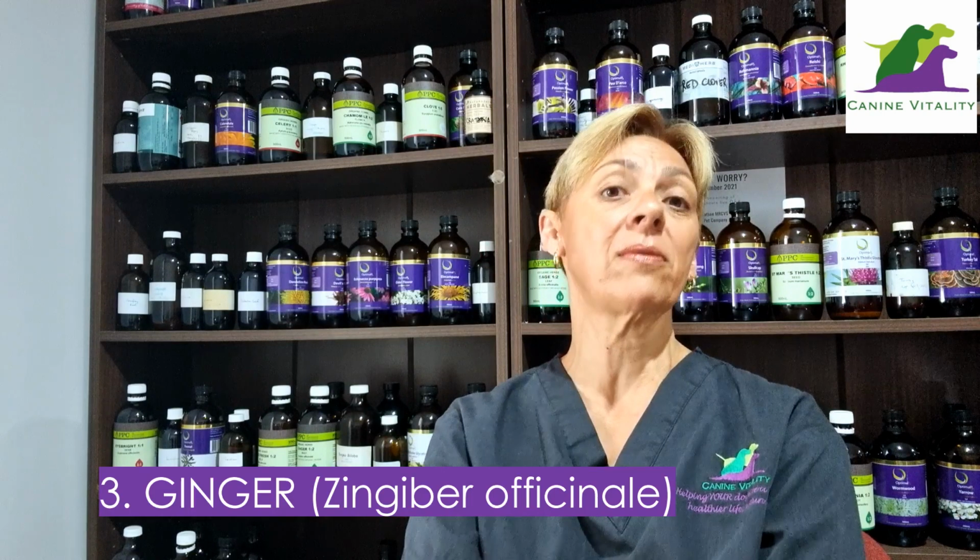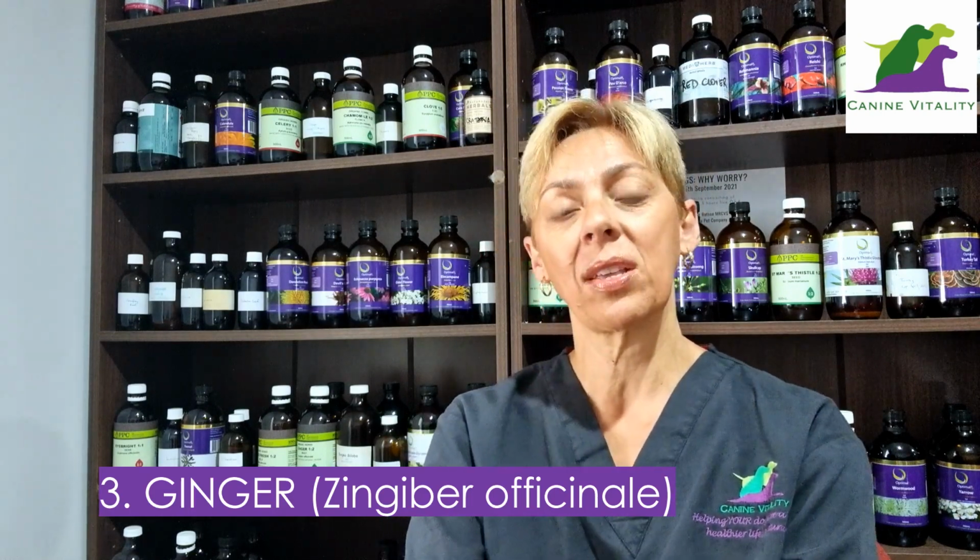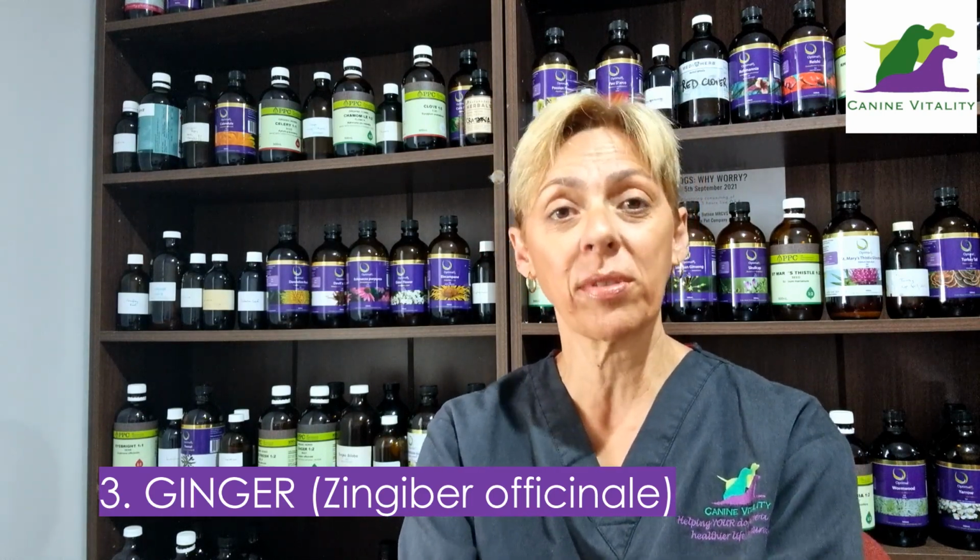Number 3, ginger. Now, most of us know the benefits of ginger when it comes to things like nausea, travel sickness, and so on. But did you know that this herb, or it's actually a spice, supplementing with this spice can significantly improve symptoms of hypothyroidism in both dogs and humans, of course, including weight gain, cold intolerance, and constipation